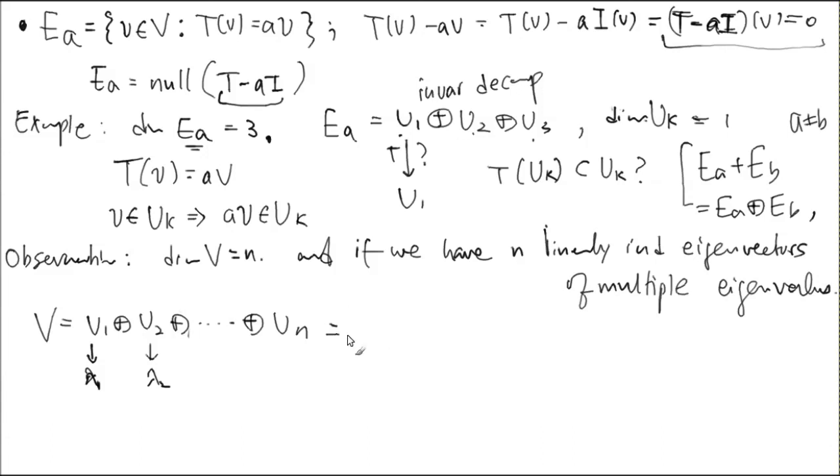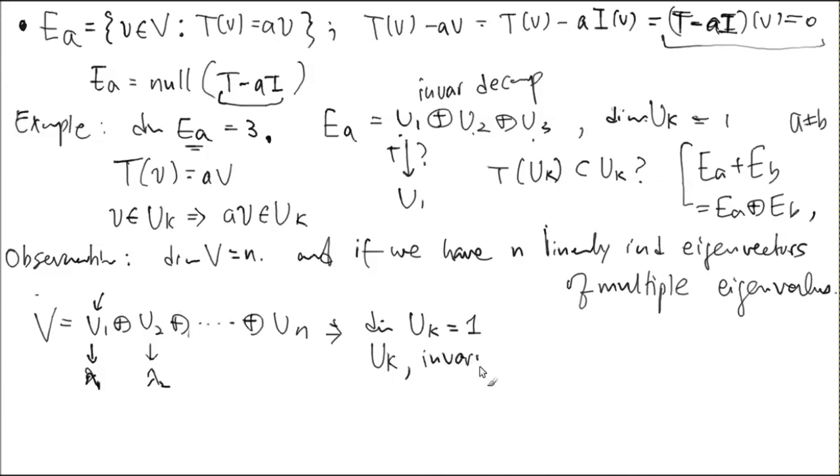And this is all indecomposable invariant spaces, right? So U_k's dimension is 1. Is that right? It has a dimension 1. We have n linearly independent vectors, so this is a direct sum. So that's what this one's about. And U_k are